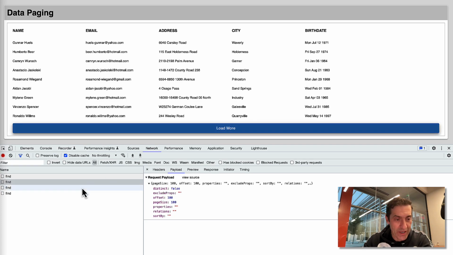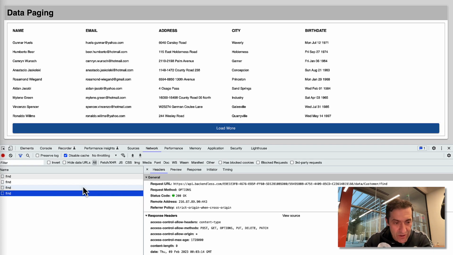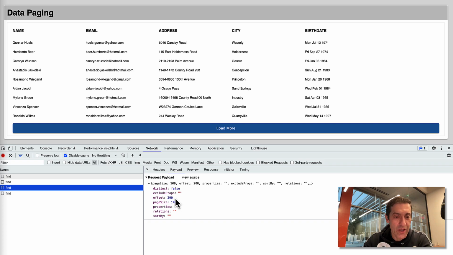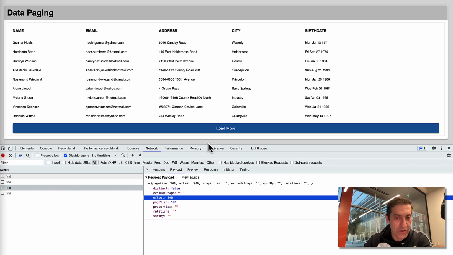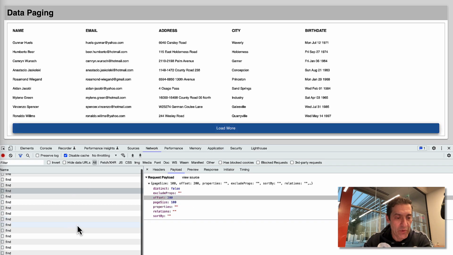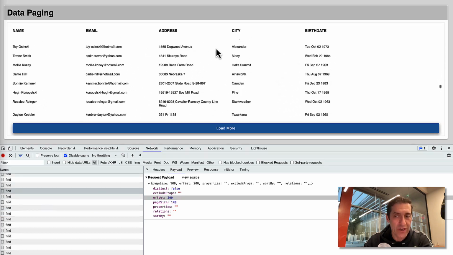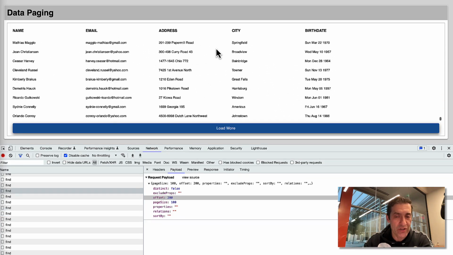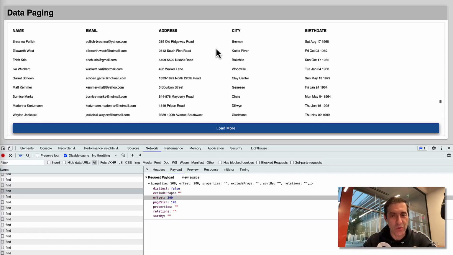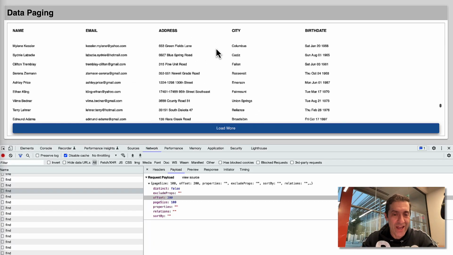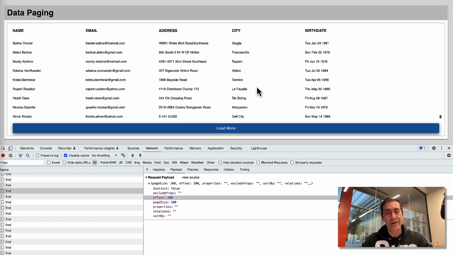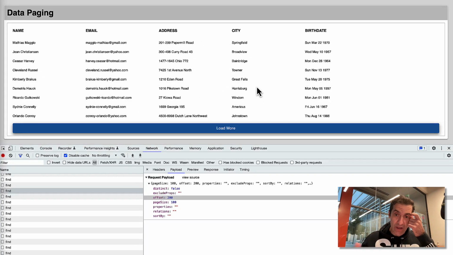Click Load More again. There's the Find request. This is options. So this is the actual API call. Notice that the offset is 200. So you can continue clicking, and it will continue loading additional pages and update the UI accordingly. So data paging is working exactly as it should, and with this approach, the Load More button, you can load additional